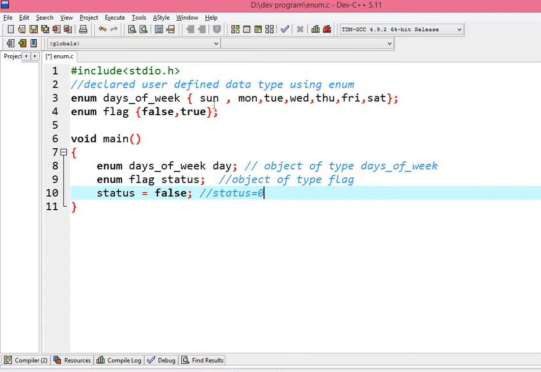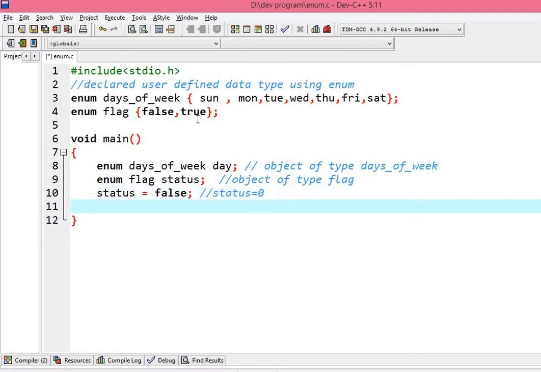Just like I explained in the previous example, Sunday gets value 0, and after that each one is the incremented value of the previous one, so it is 0, 1, 2, 3 up to 6. Over here it is 0 and 1, and obviously when we consider the Boolean data type, false is considered as 0 and true is considered as 1.